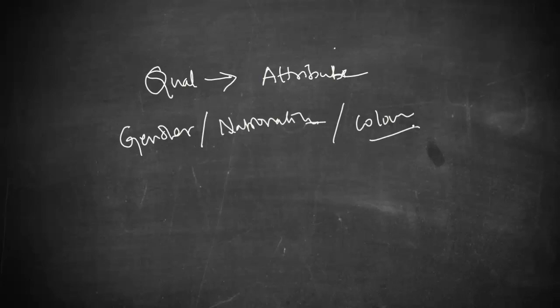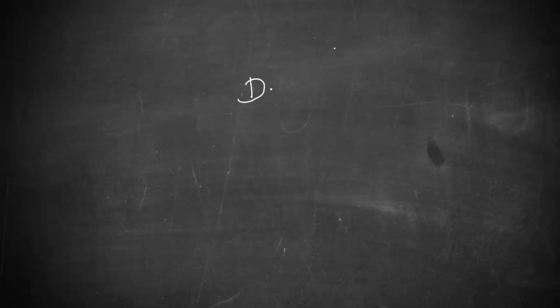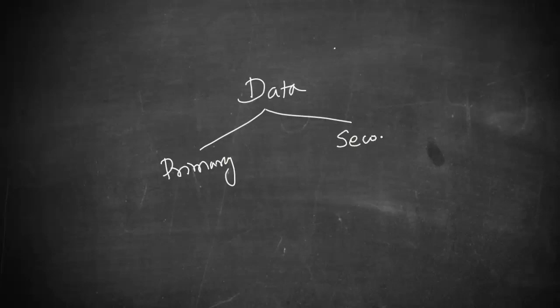So let me summarize. The data itself can be classified into two. One is primary data, the other one is called secondary data. So we understand data is something called a variable. We have understood the discrete variable and continuous variable, but this data can be classified into two categories. One is primary, the other one is secondary. So the collection of data, as to whether it is primary or secondary, also has a very important role in statistics. The data which are collected for the first time is called primary data.